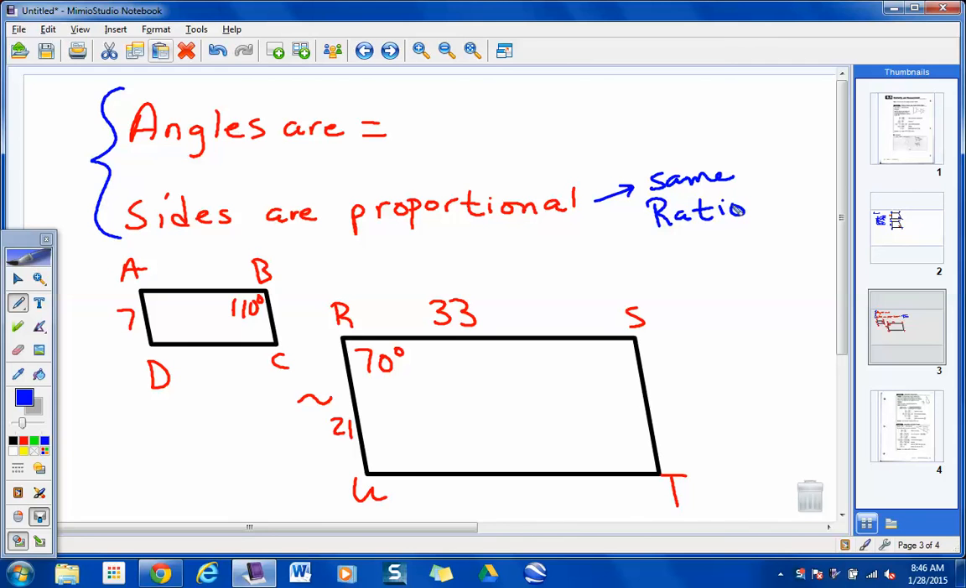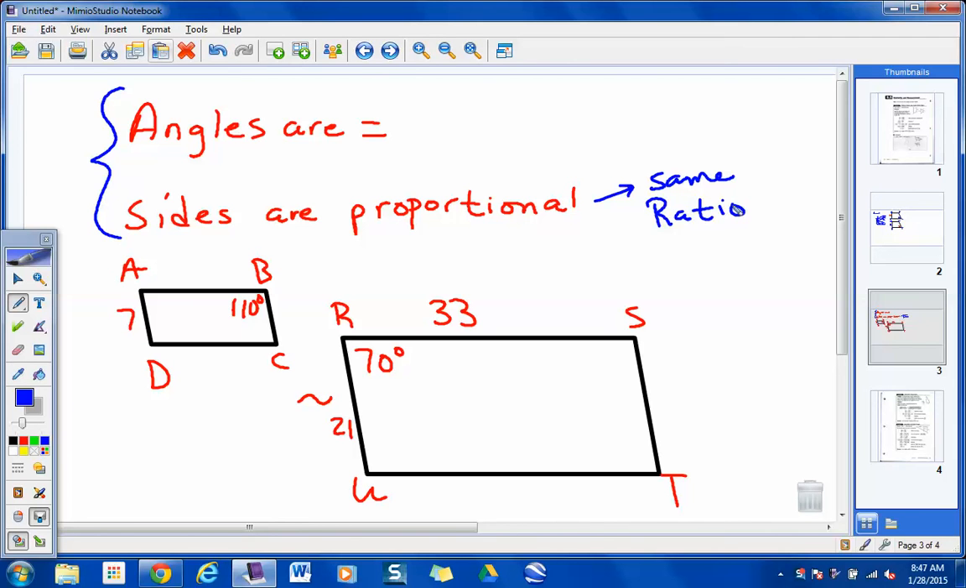Angle S would be 110. Angle S would be 110, all right? Argue, buddy. Tell me why. Because the angle is the same as... Okay, so the angles are going to stay congruent. So you're telling me that angle S is how many degrees? 110. Where are you getting that 110 value from? Angle B. So if I understand what I think I understand, you're saying that,